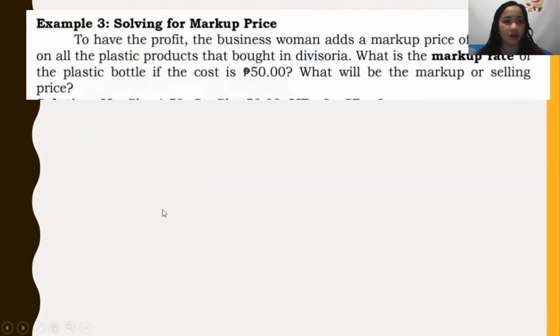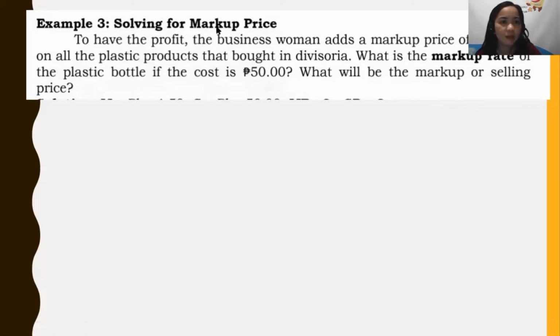Let's have an example. To have the profit, a businesswoman adds a markup price of 4 pesos and 50 centavos on all the plastic product that she bought in Divisoria. What is the markup rate of the plastic bottle if the cost is 50 pesos? What will be the markup or selling price? So dito